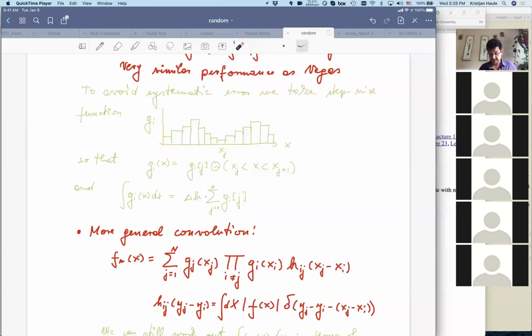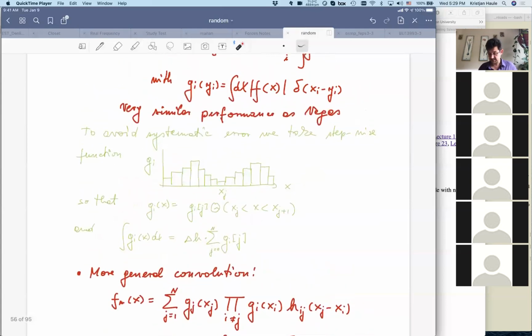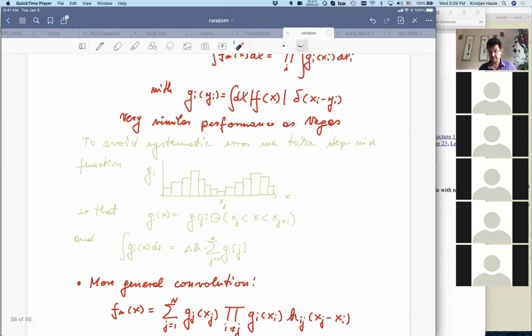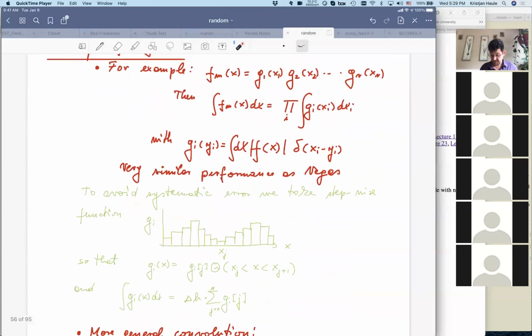Then the integral of such a function is really simple. It's basically just delta h, which is the length of the bin, times the sum over all values. The implementation is really not a big deal, and the representation of the function is exact. So you can easily compute the integral. This integral is just the product of all the integrals on projections of all dimensions, but these integrals are really just delta h, which is the size of the bin in the mesh,